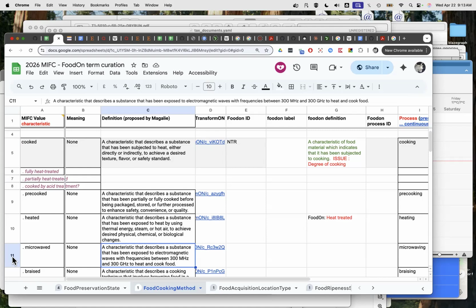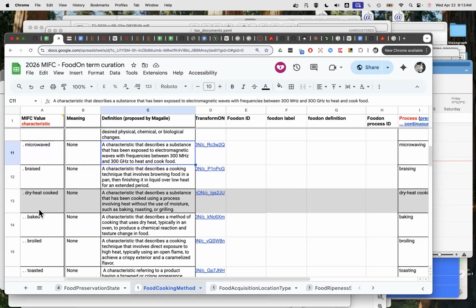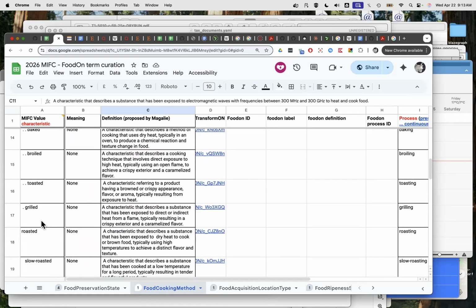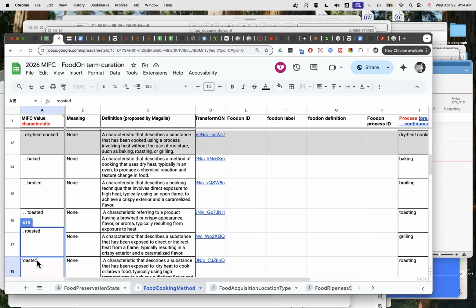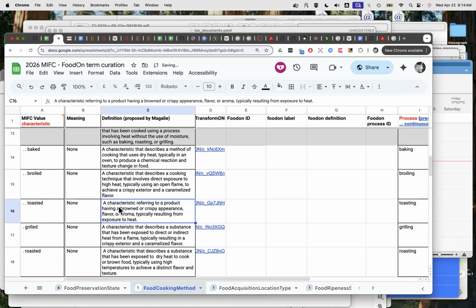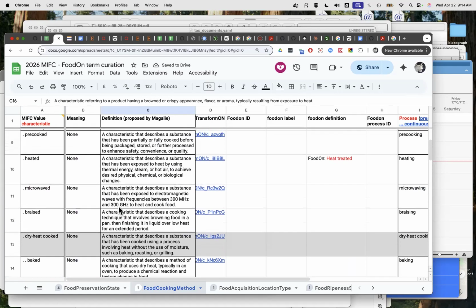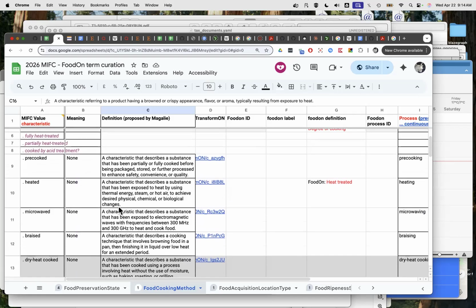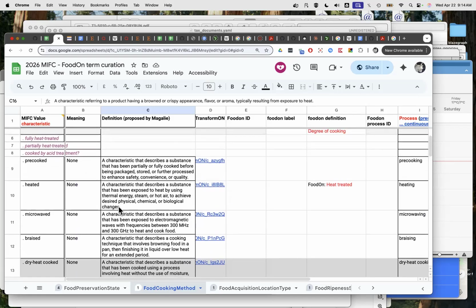So I guess these terms that are subclasses all do start dealing with ways of treating using application of heat to the material. And also we have heated in the list of the specialized terms. Heated and heat treated are much like synonyms. Yeah, that's right. I think the partially and fully heat treated are kind of like the